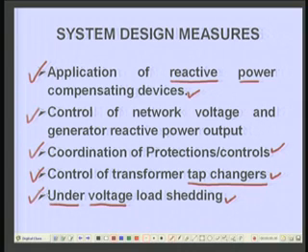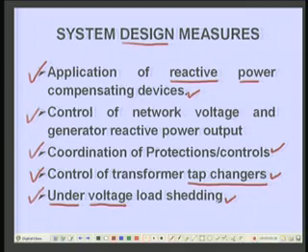Right. Therefore, the point is that these measures which I have put here are the design measures, and therefore you should have a provision in the system for under voltage load shedding as a built-in strategy to avoid voltage collapse or voltage instability phenomena. In case this provision does not exist, it will not work, right, and generally you will find that human intervention may sometimes be successful, but may not be. But here, when I talk about this, it is an automatic under voltage load shedding scheme. Now, let us discuss these things in slightly more detail.